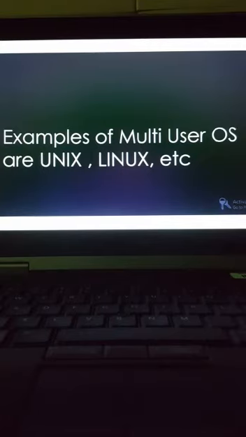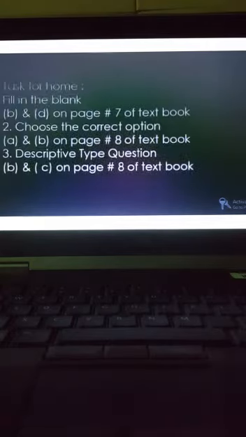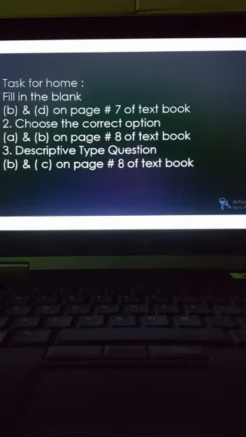So this is all about today's lesson, everyone. I hope you are all clear about today's lesson. You will have to do your home task on your notebooks by following the copy rules which we have already described to you. This is your homework. You can see it on your screens. You will have to do it on your notebooks, following the copy rules.